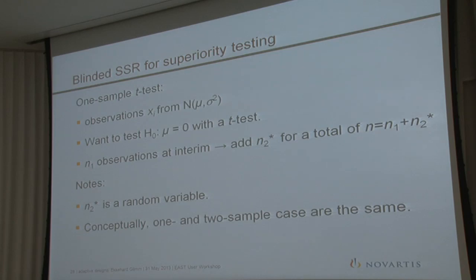Now, what about blinded sample size re-estimation? Again, for simplicity, let's talk about the normal case. So you have observations xi from a normal distribution. You want to test, I've written it down here as the one sample t-test because conceptually that's the same as the two sample case. So we want to test the null hypothesis that the mean is 0 with the t-test. We have n1 observations at interim, and then after the interim we add n2 star observations